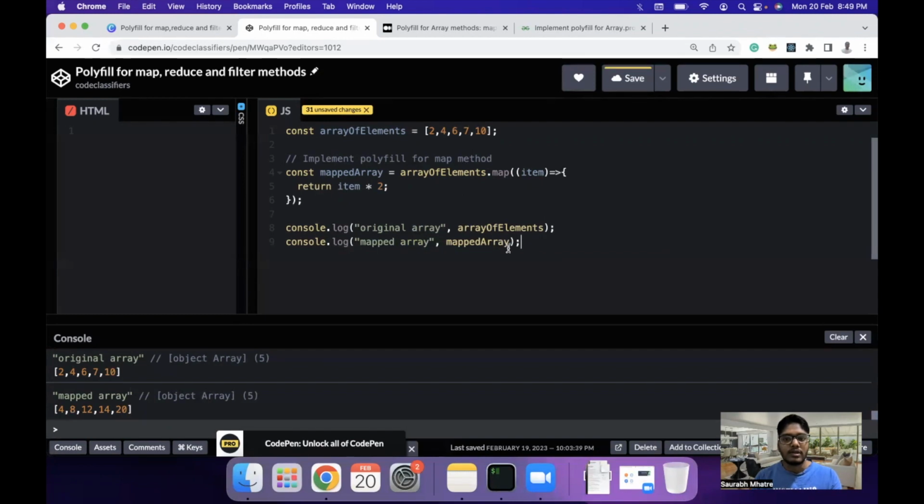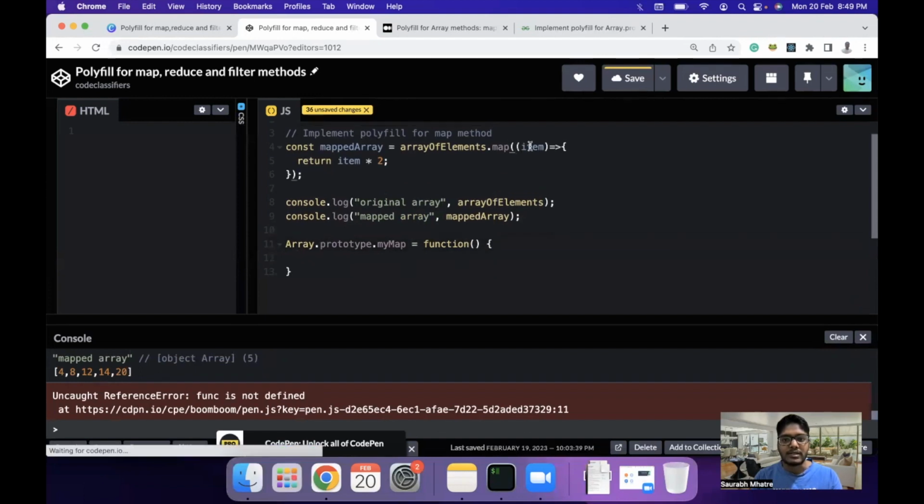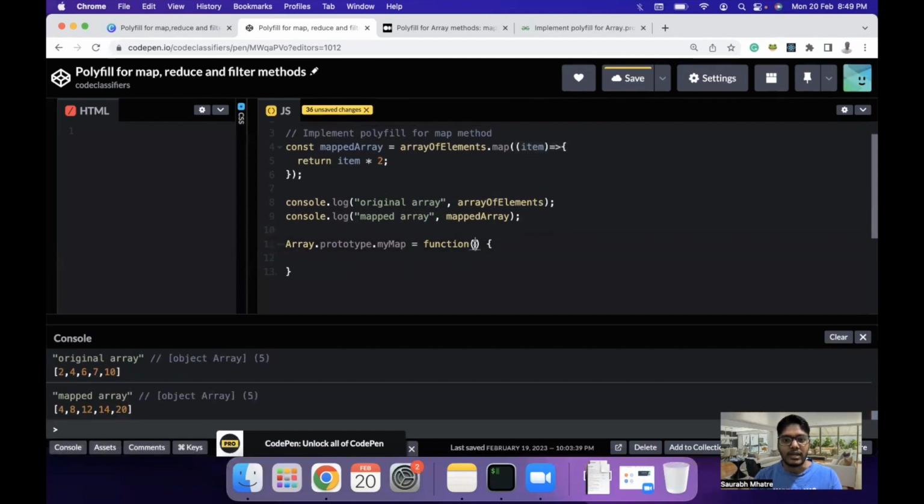Now we need to implement a polyfill, and a polyfill is basically the custom implementation of the map method. For that, we are going to access the array object. Then we are going to write the keyword prototype. This will allow us to use our own implementation, or extend the implementation of array and add our own property. And let's just say we go with myMap, which is our custom implementation, and we have a function. In this function, the one thing we are getting as a parameter is the callback function. So we can write callback here,